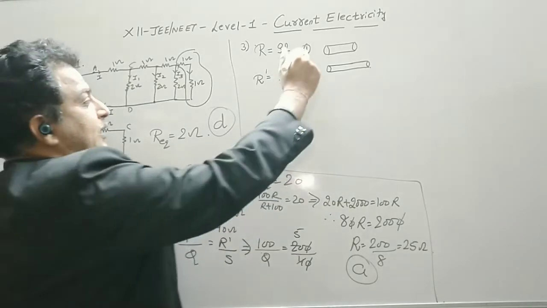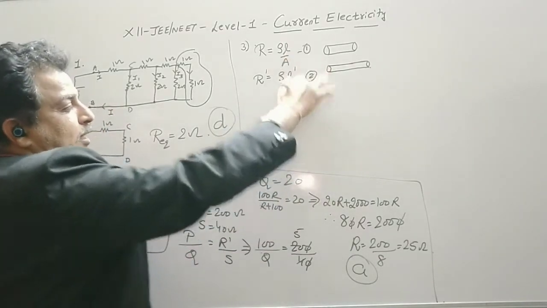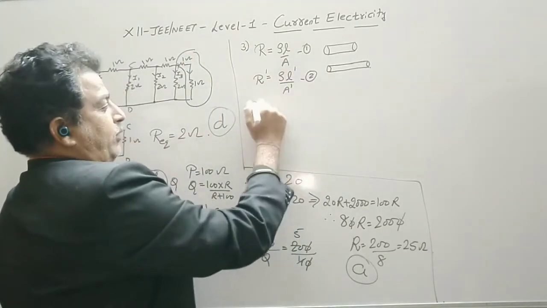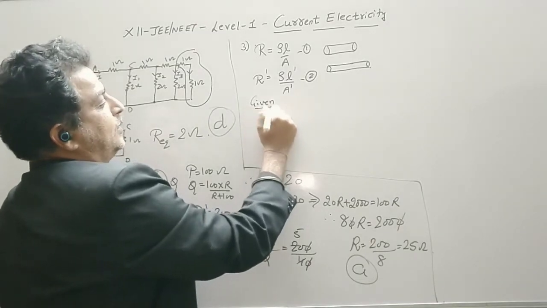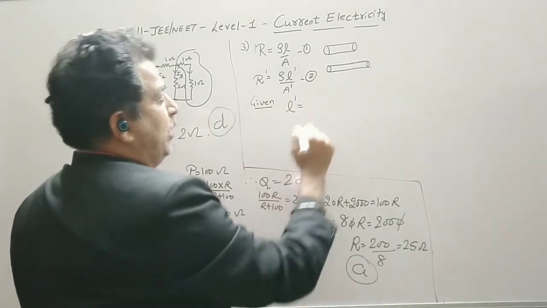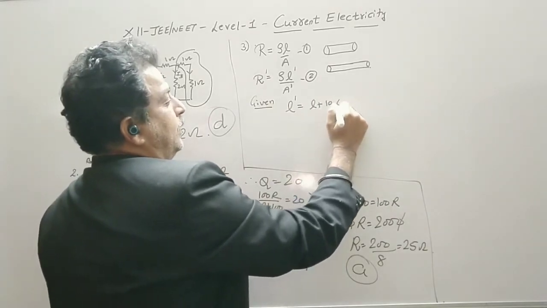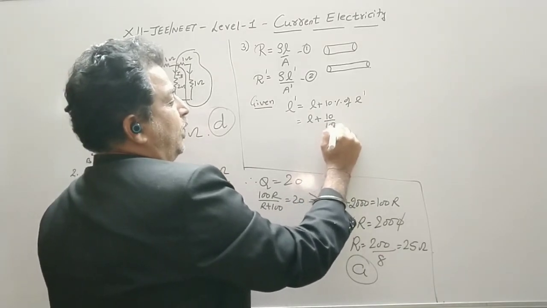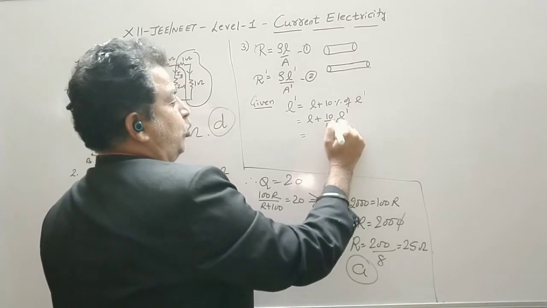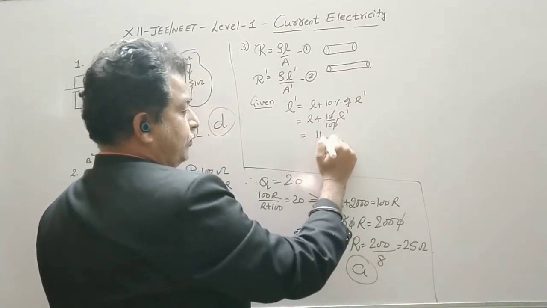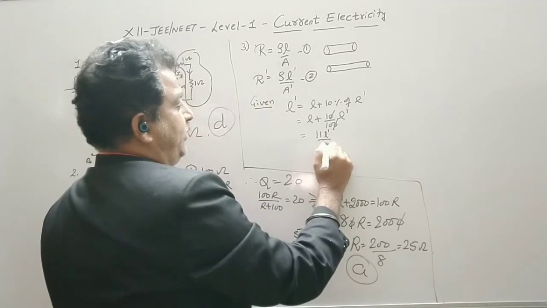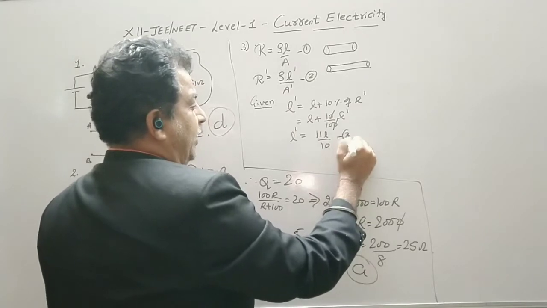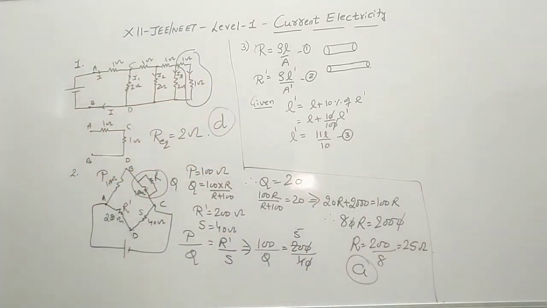So here, after writing these two equations, that is the initial resistance and the final resistance, which is rho L dash upon A dash, it is given. Now we come to the given that length increases by 10%. So final length is equal to initial length plus 10% of L. So it becomes L plus 10 upon 100 L, which is equal to 11 L upon 10. So this L dash is equal to 11 L divided by 10. That is, the new length becomes 1.1 L.